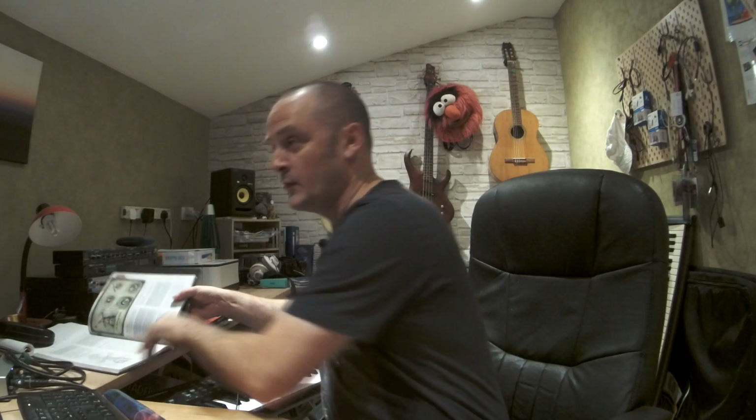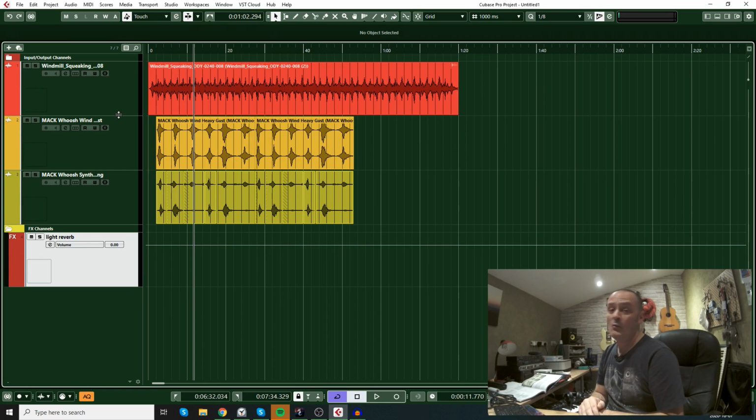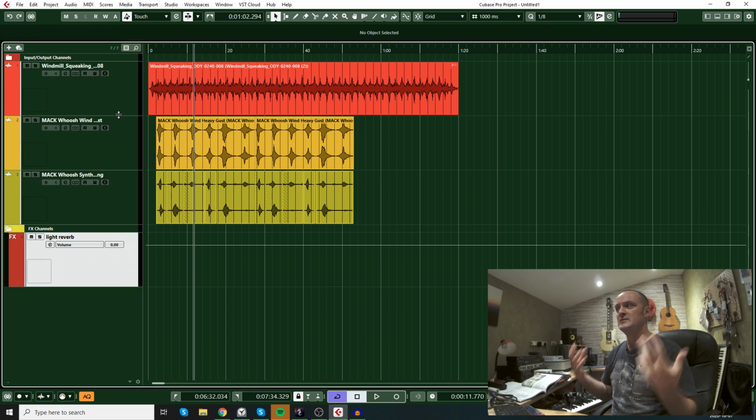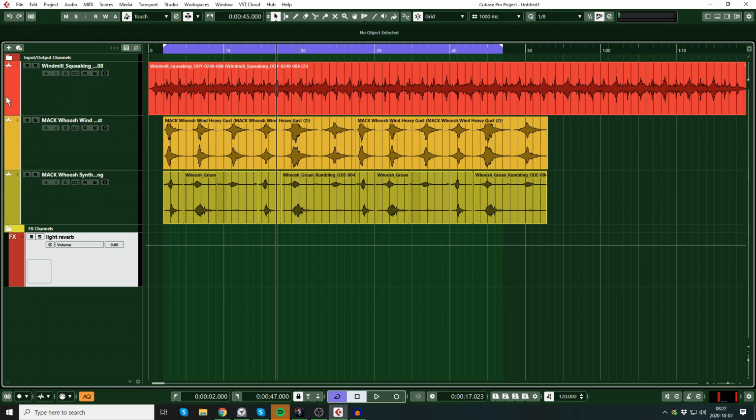But anywho, I digress. So I've created here a windmill sound, which is going to be rhythmic, and it needs to be rhythmic when it goes into the Syrinscape app and stay rhythmic throughout, giving this ominous presence of this creaky old windmill turning. So here we have my three elements that I have for my windmill effect. If I start it here and single them out, there's a kind of ticking over clock sound. You have this whooshing sound, and then you have this whooshing sound, but with a mechanical bassy sound. And then when you put them all together,